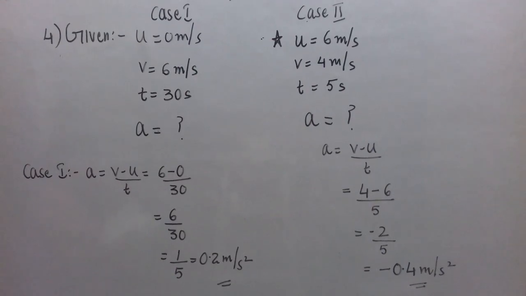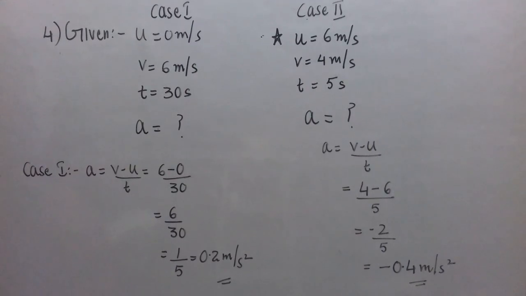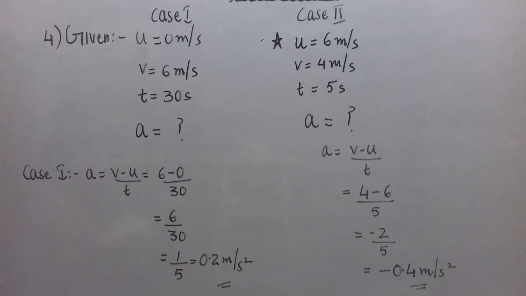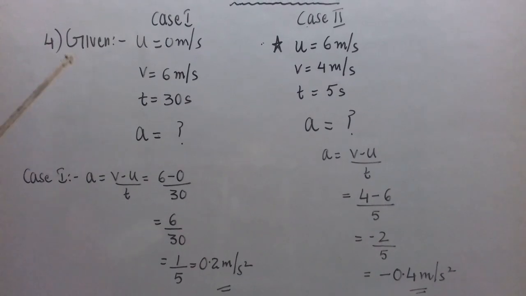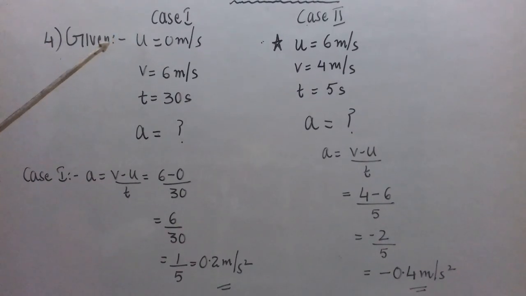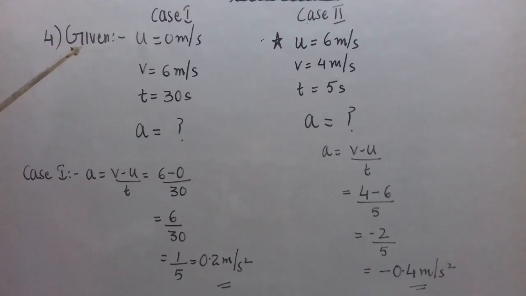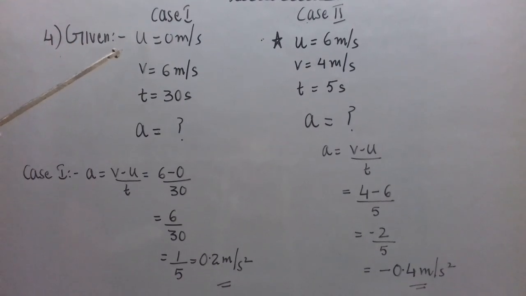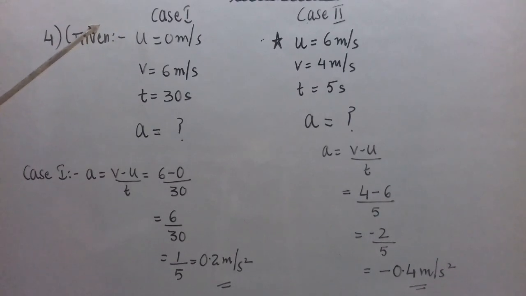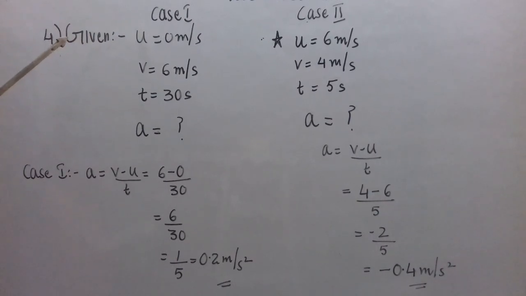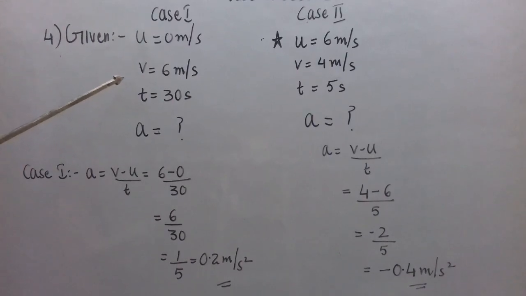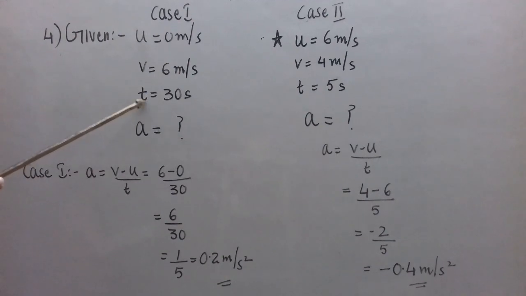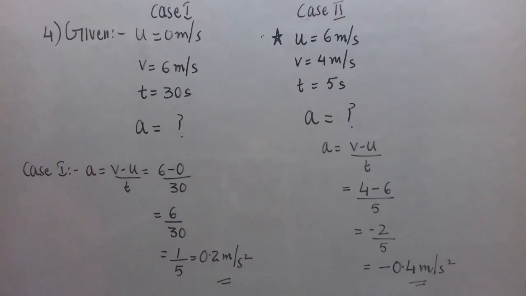Once we have read this numerical, the second time when we read, we already have a little knowledge about this, so we can use the proper symbols also. Starting from a stationary position, so given: as Rahul starts from a stationary position, initial speed U is 0 meter per second. He pedals his bicycle to attain a velocity of 6 meter per second, so this is the final velocity V. And the time taken for this is 30 seconds. So this is T.